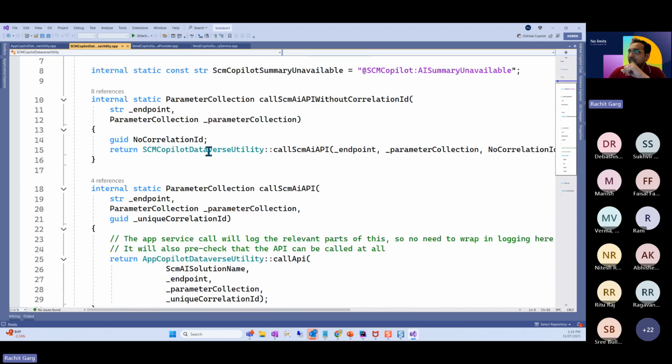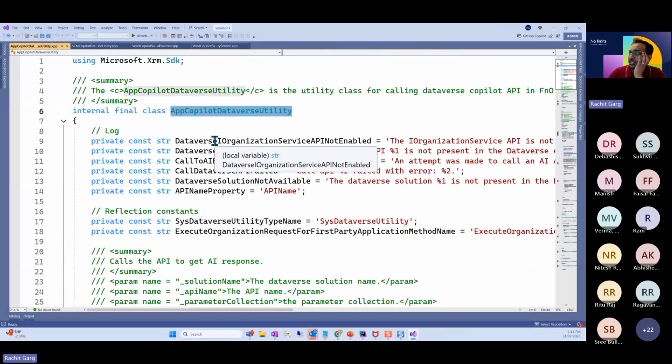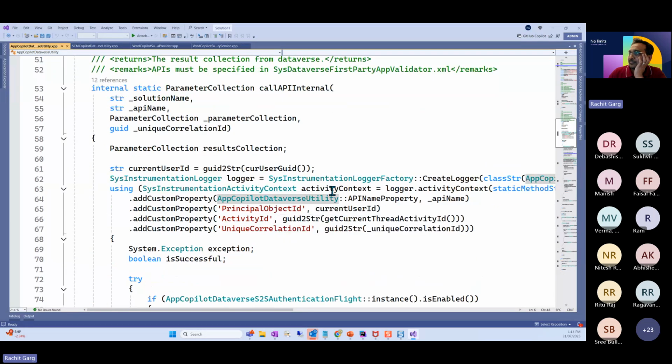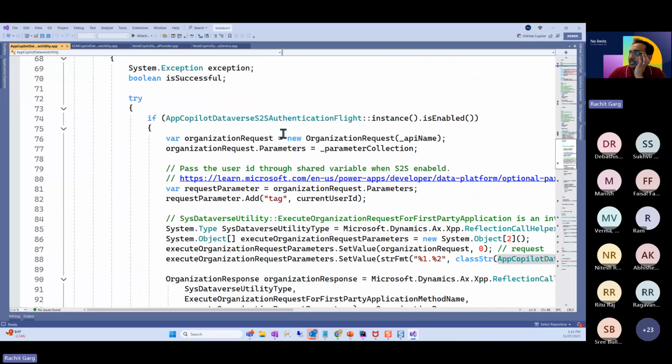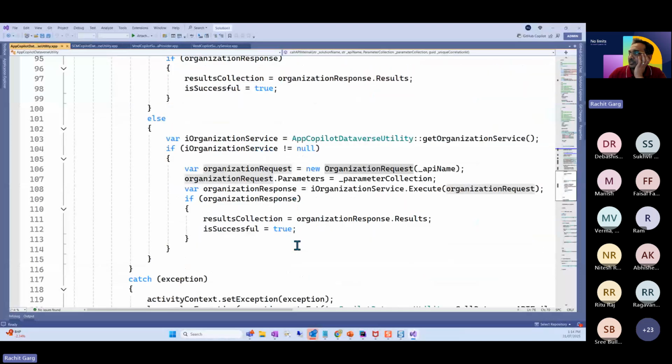And using this class in X++, this API is called. And this Dataverse utility class in finance and operations is actually utilizing the organization service to call. So here it initializes a new organization request, and here it basically calls the service to execute that request.